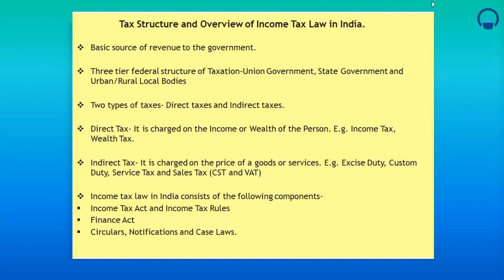If I'm saying the union government, that is the central government, that is called Delhi. State government, there are different state governments in India, like the government of Maharashtra, government of Rajasthan, government of Gujarat, and local bodies, that is municipal bodies, which exist in different states. Say for Mumbai, there is the Brihanmumbai Municipal Corporation, which is called BMC. Taxes that are levied or charged by the Indian government are mentioned below.